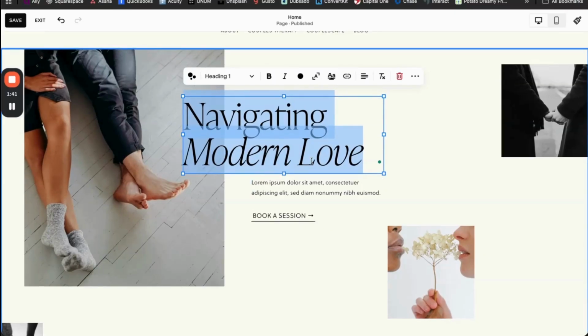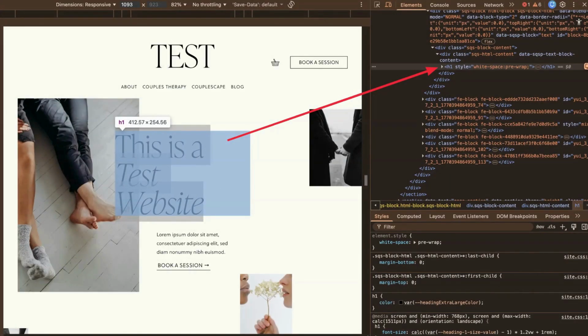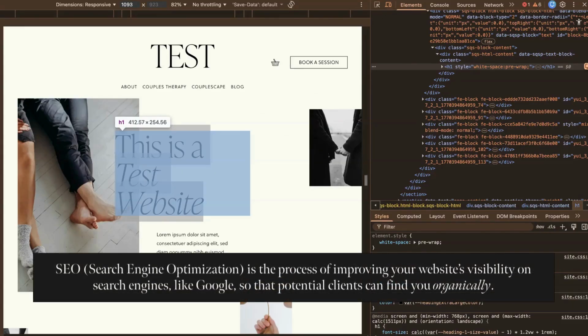So why does that matter? That matters because when we designate a text area as heading 1, it's going to get tagged as H1 in our site's code. And that is what search engines use to index our sites and make sense of our sites. So if SEO or search engine optimization matters to you, you'll want to make sure that you're using heading styles